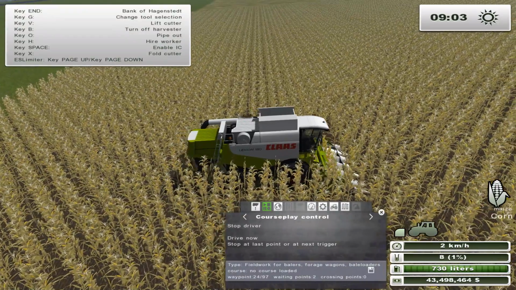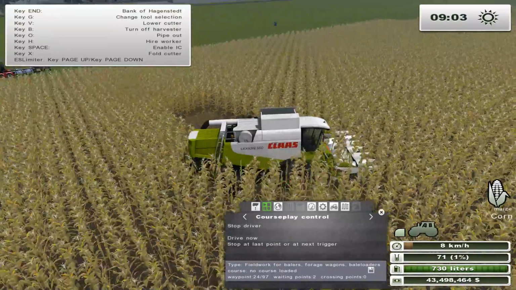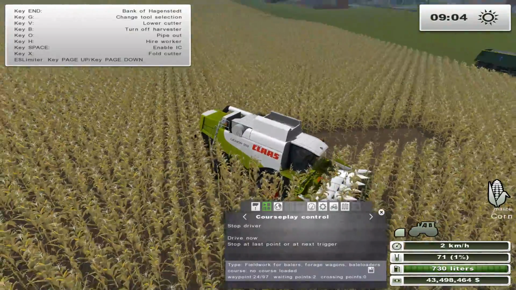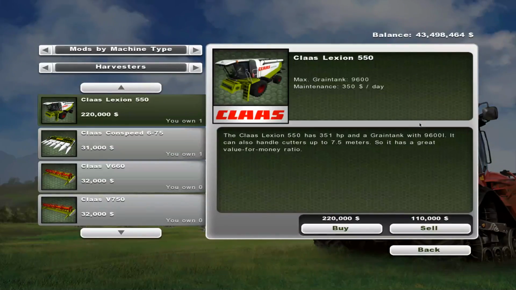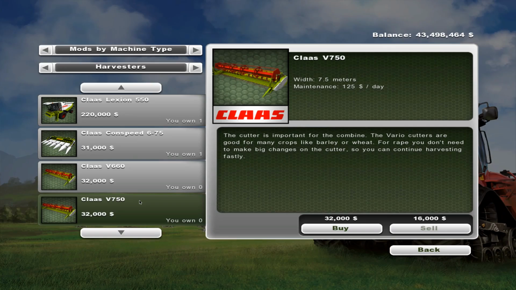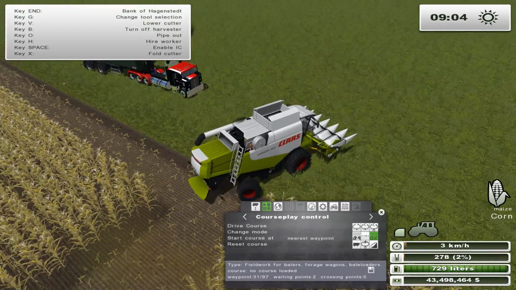Yeah, so there. You kind of have to do a little bit of work with it, but it does work with Courseplay once you set it up properly. It raises the head and lowers it appropriately, as you can see. Which is nice. It's a nice small little combine. It is a bit on the expensive side, like I said. $220,000. For this corn head, it's $31,000, and you can get these two, which are both $32,000, 7.5 meters and 6.6 meters. I'm just going to stop him and move him out of the way,